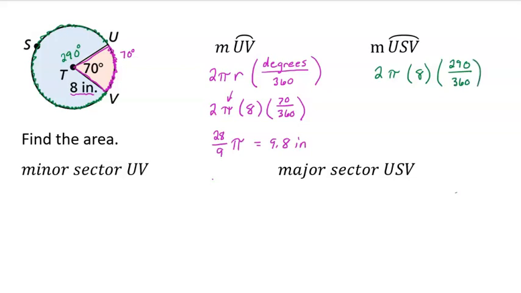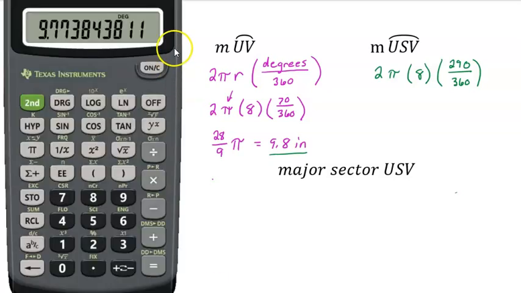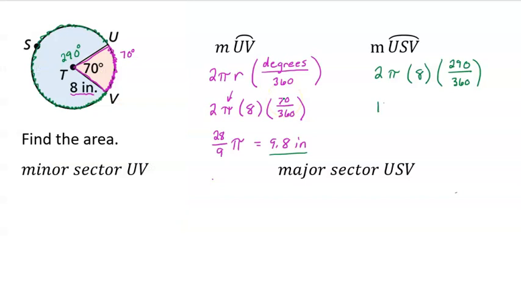If I had to find both of them, I could also just find the circumference and subtract what I had for this one, and it should give me the same answer. Now I'm going to go ahead and plug this into my calculator. I have 2 times 8 times parentheses 290 divided by 360, close parentheses, equals, and second F to D, second ABC, I get 1/16/9